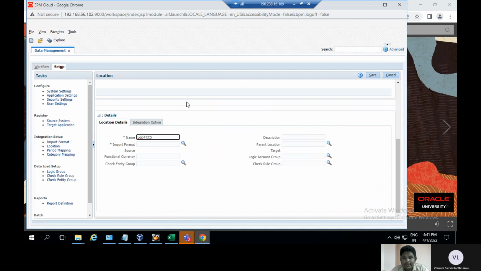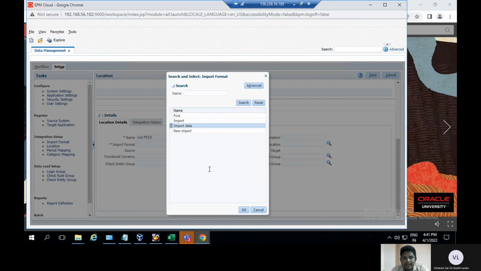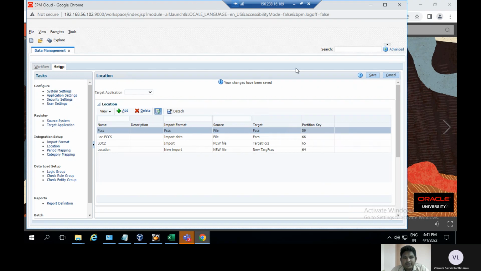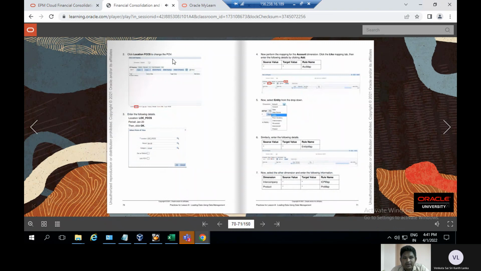I give the name and click this, and the import format I will select is import data, and click on save. Here location has been saved successfully, and then go to complete location, click on save and click on OK, and OK,